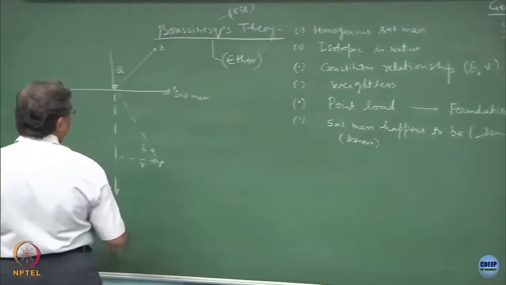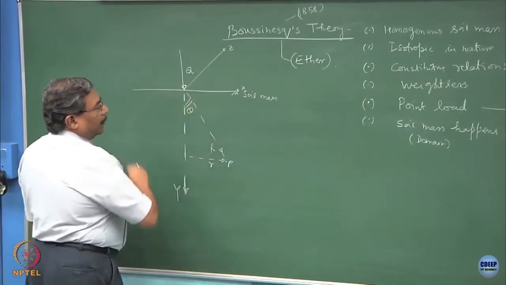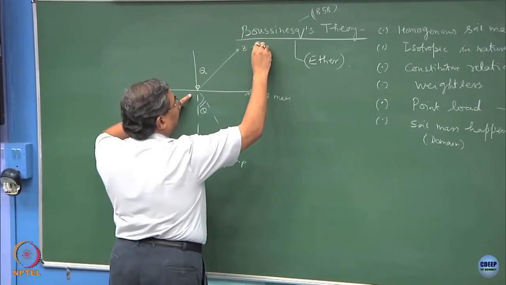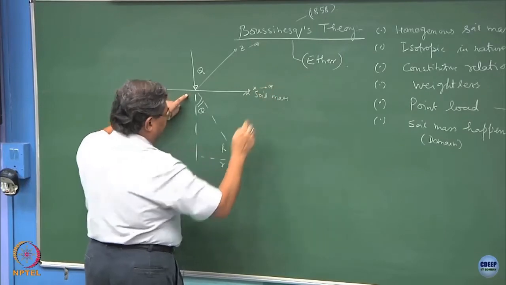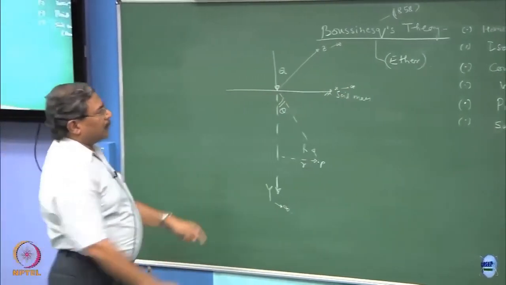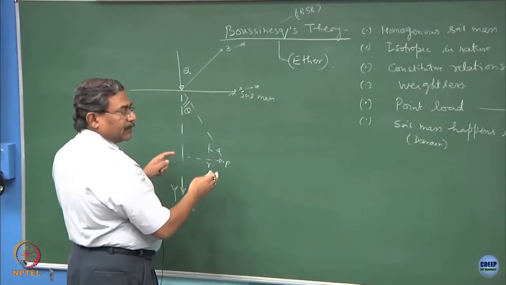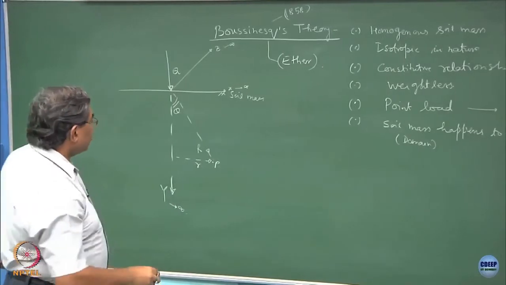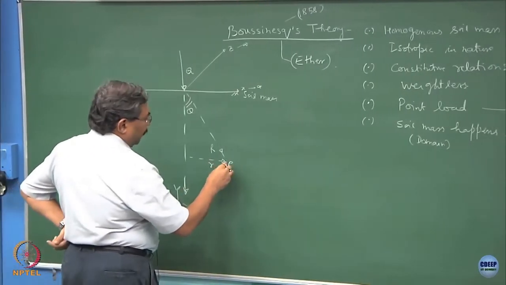This happens to be semi infinite. So, Z is tending to infinity, X is tending to infinity, Y is tending to infinity. This is the domain in which we are doing the stress analysis. What is the state of stress at point P? The state of stress at point P would be